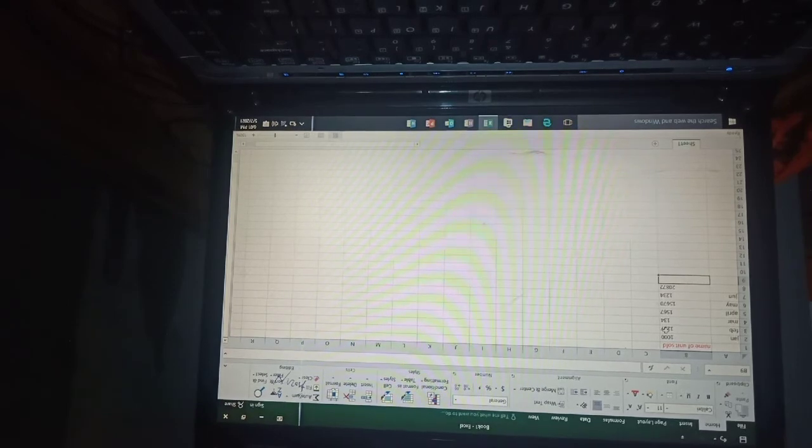B7. Now close it with the help of a close bracket and press the enter key. Now you check out, students, here the sum of all the values is available.